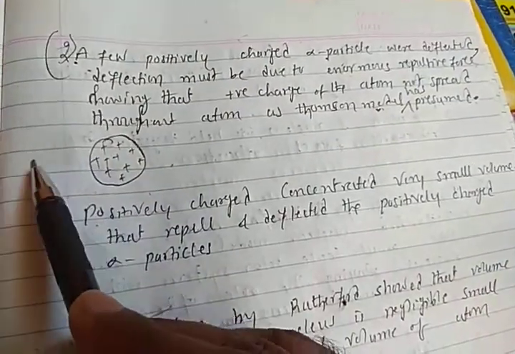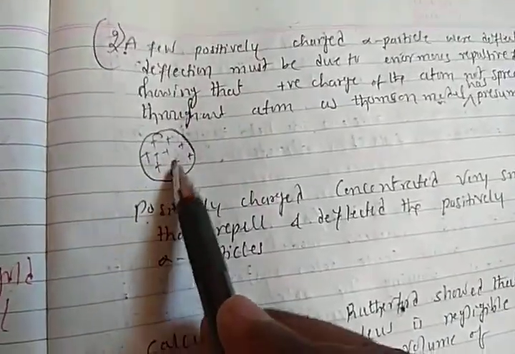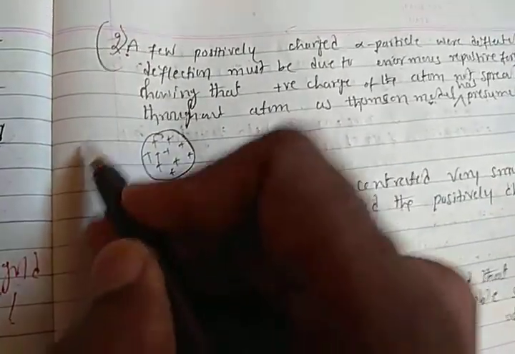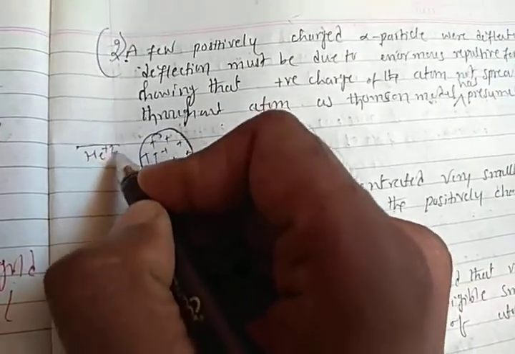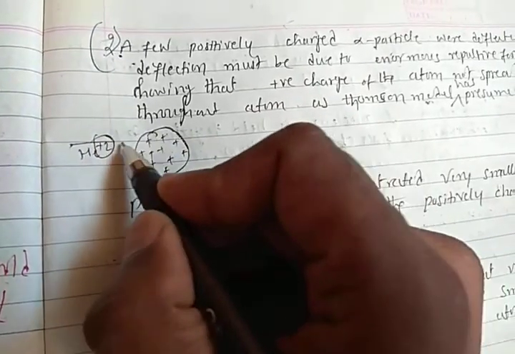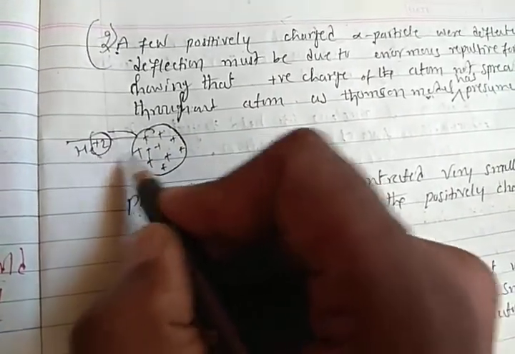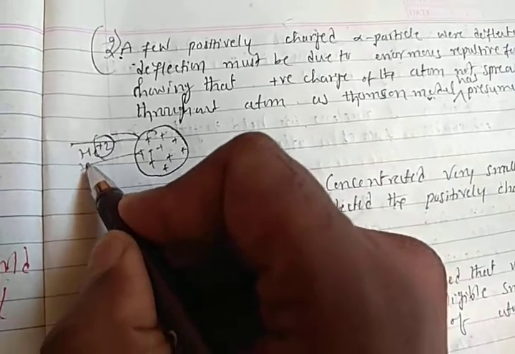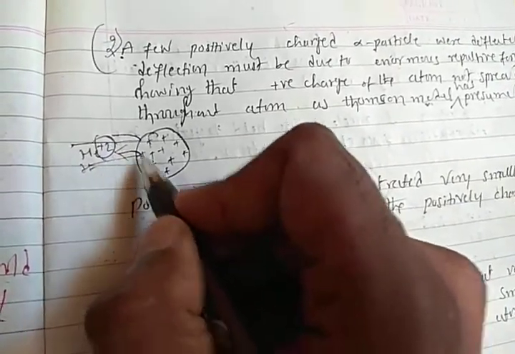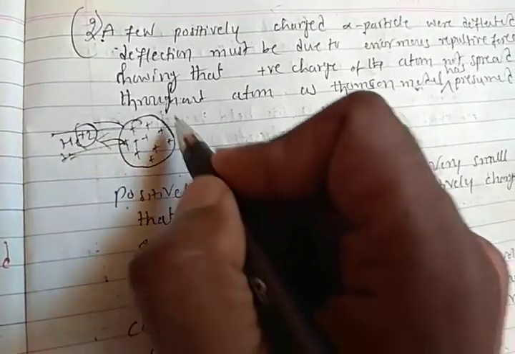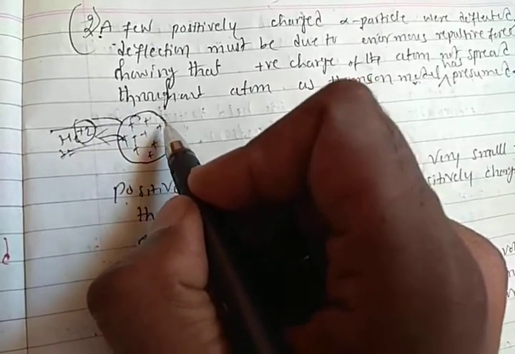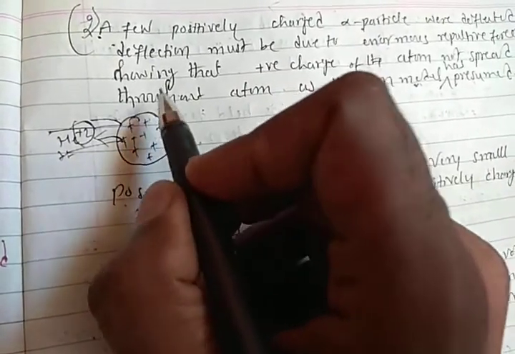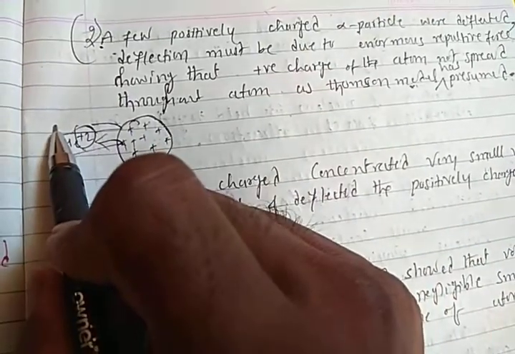If the positive charge were distributed like this, according to the Thomson model of the atom, then the helium alpha rays, He+2, are positive charge, and this is also positive charge. In that case, all the particles would be deflected. All the helium particles would be deflected back, because if the atom were arranged in this form, then all the alpha particles would bounce back